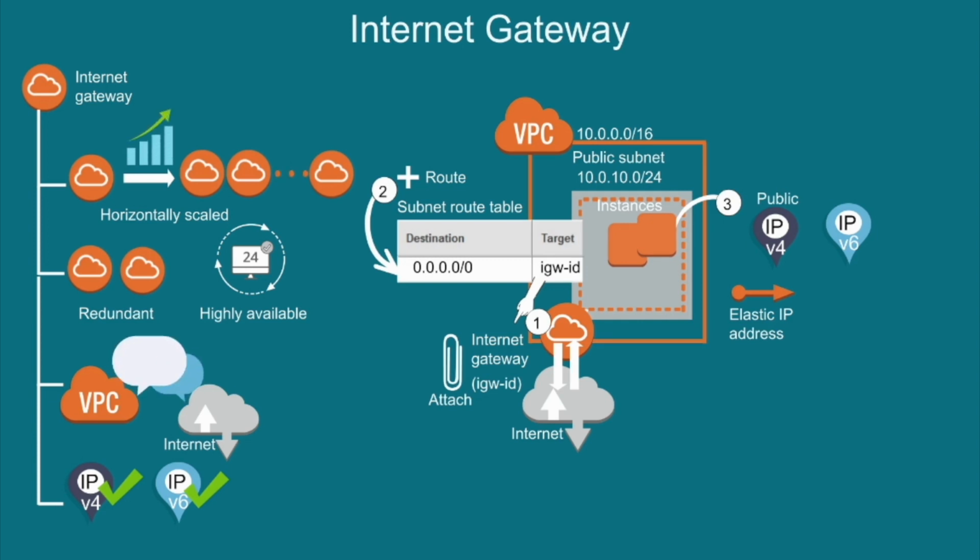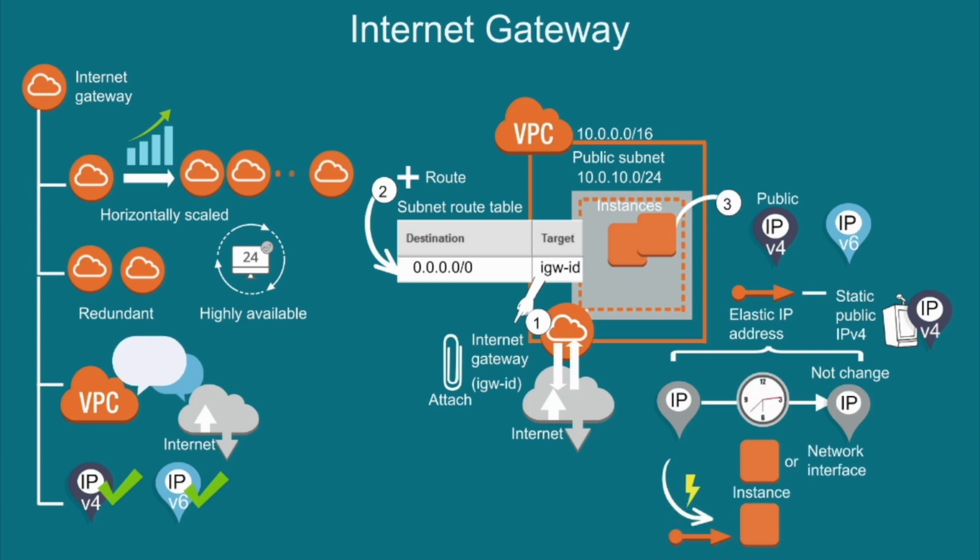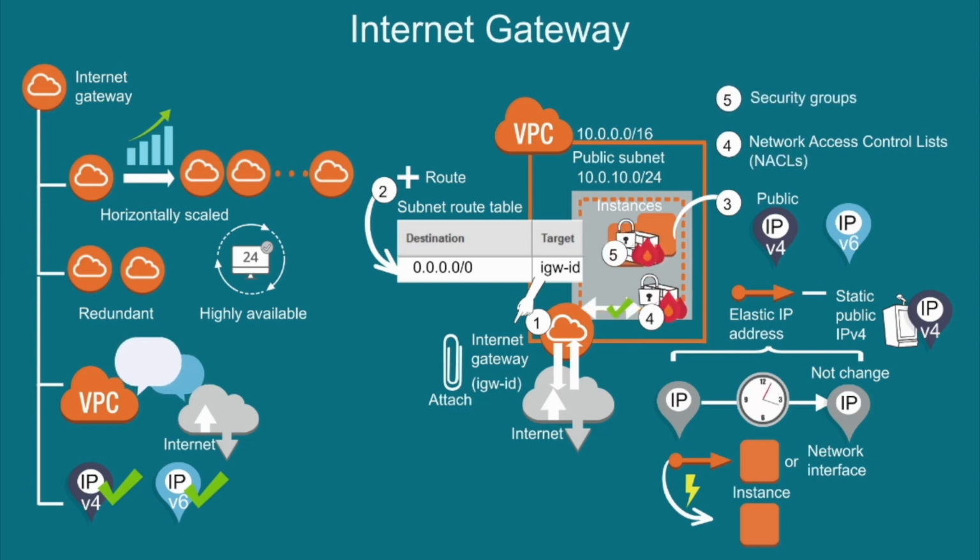An elastic IP address is a static public IPv4 address. Static means it does not change over time. You can rapidly move an elastic IP address from one instance or network interface to another. Lastly, ensure that your network access control lists, NACLs, and security groups allow the relevant traffic to flow to and